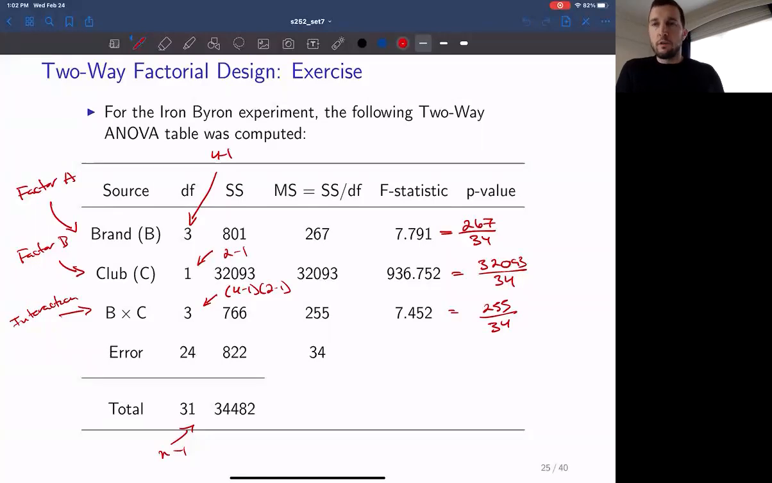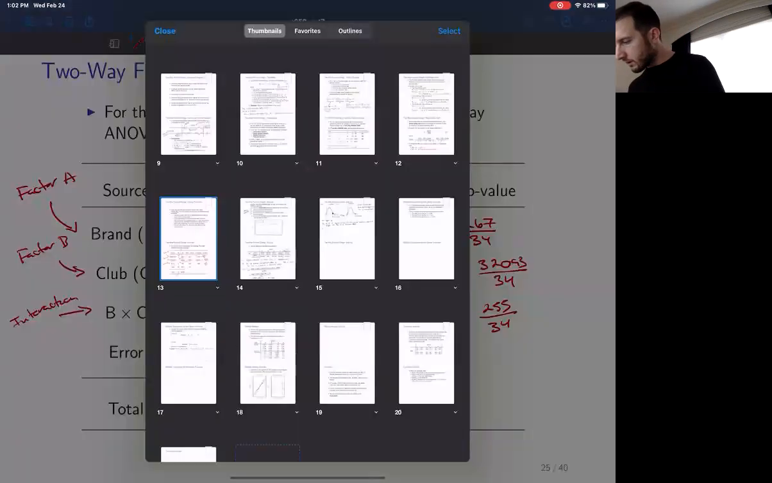When we have two explanatory factors, we also have to consider the effect of their interactions. So two explanatory factors essentially mix together to create a set of what we call treatment combinations. So for example, in this particular exercise, we have